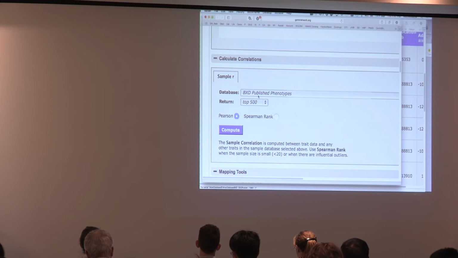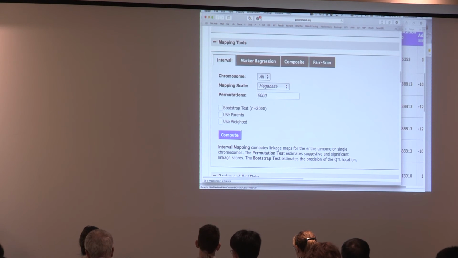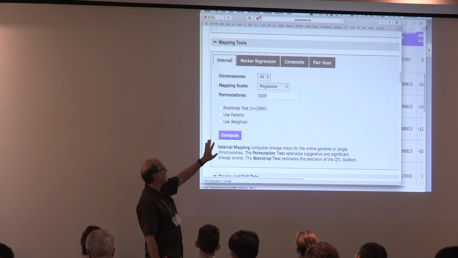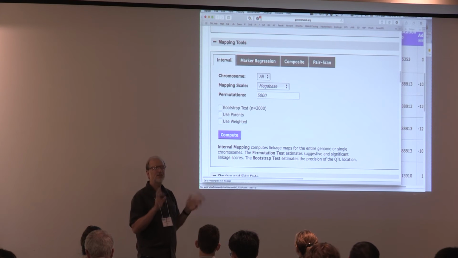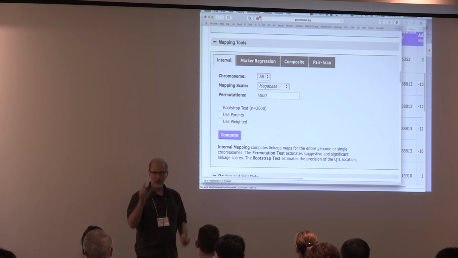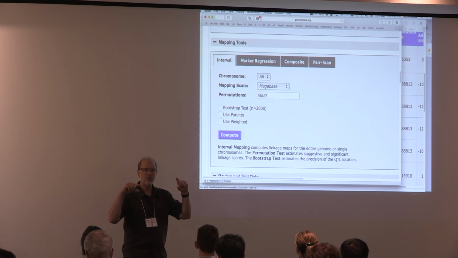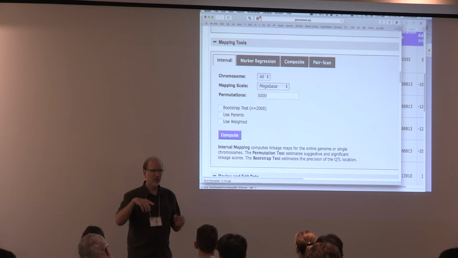But right now, they're fairly high quality GIFs. Okay, so then we're going to map. So the mapping tools are down here. There are 4 mapping tools right there: interval mapping, marker regression, composite, and pair scan. And they're slightly different models. So marker regression is what I actually showed you. You've got one marker and one trait, and you're asking, what's the t-test score? You could do it any number of ways. You're basically asking, what's the p-value of that relationship, marker by marker,